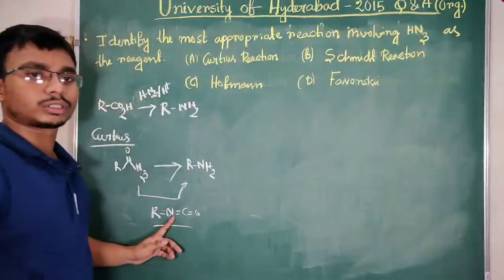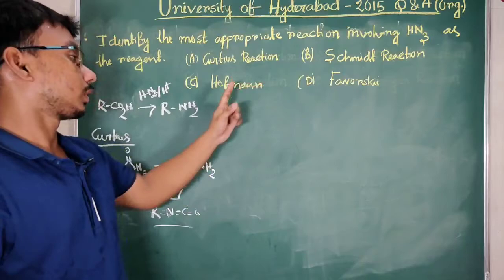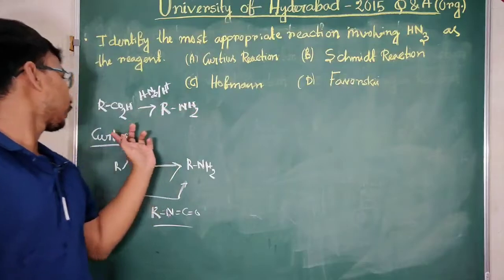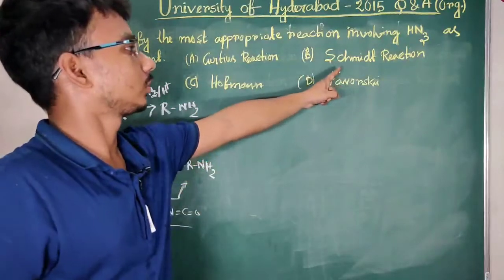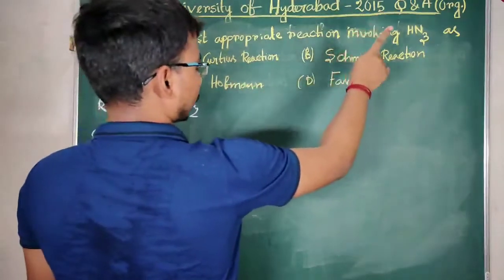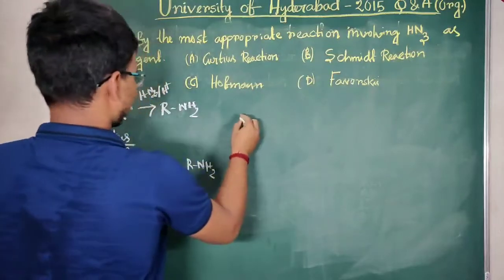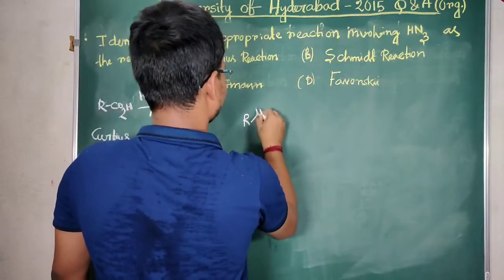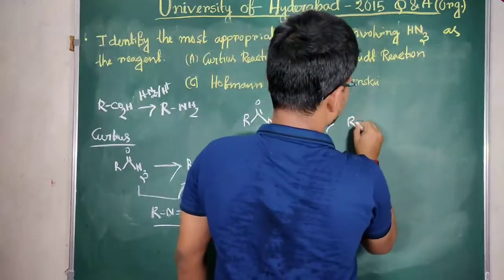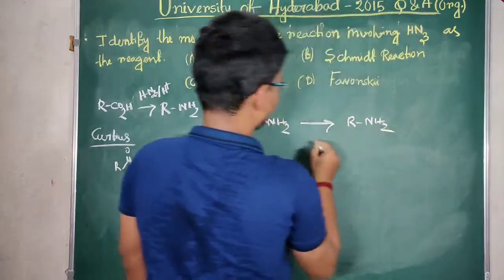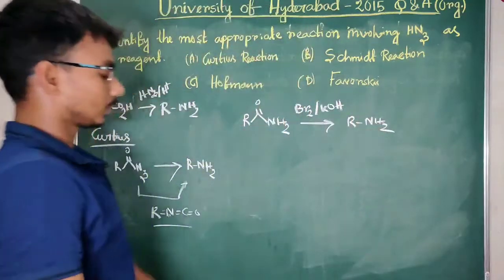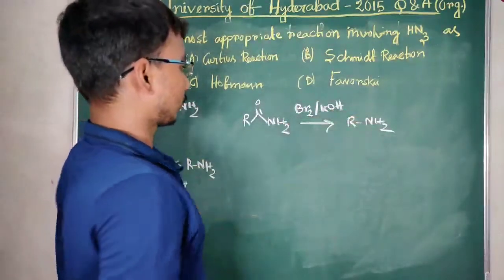This intermediate is common in 4 reactions, you have to remember that. First is Hofmann, second is Curtius rearrangement, Schmidt, and Lossen. So these 3 are the same, and another is Lossen. What is Hofmann? Hofmann is CONH2, an amide, to a primary amine. What are the reagents? Br2 and KOH. You can take NaOH also.